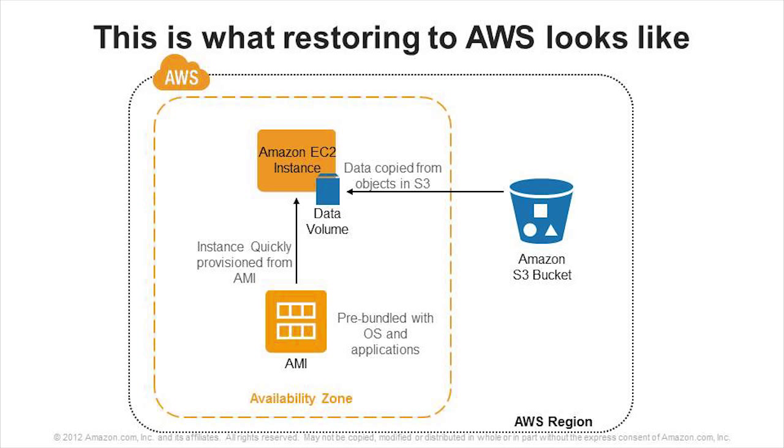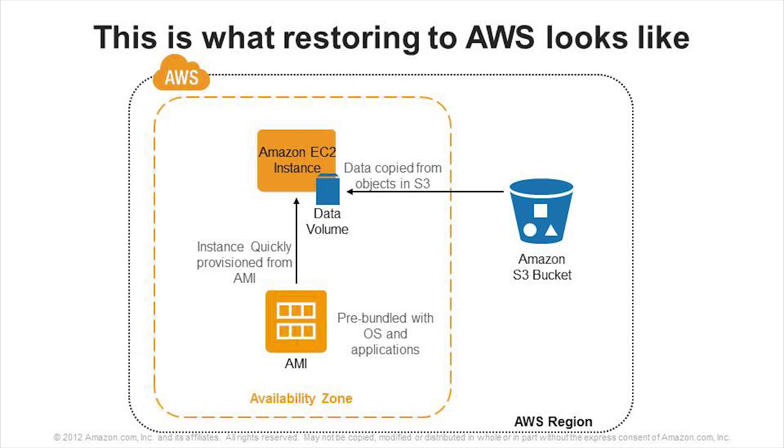So here's a schematic to show you what it's like to restore from AWS. In this particular case, we're restoring from S3 to an EC2 instance. We're going to have a couple new vocabulary items in this picture. So let's say you've been dutifully doing your backup to Amazon S3. You've got a number of objects stored in your S3 bucket. The unthinkable happens, and you suddenly need to put your disaster recovery plan into place. So now you're saying, well, my local data center is inaccessible to me. It's not able to be used for my recovery. I'm going to recover over to AWS.